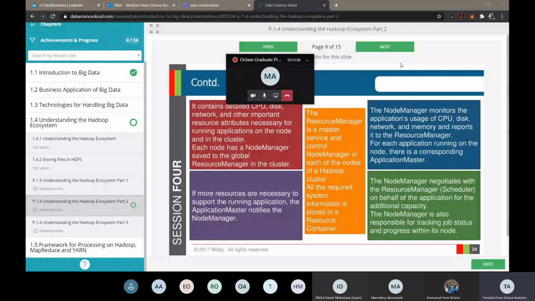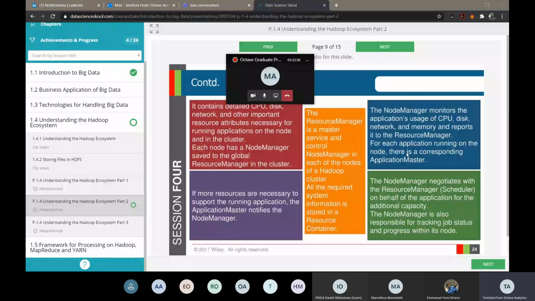So I want to see the node manager monitors the application usage of CPU, disk, network, and reports it to the resource manager. So it's the resource manager that does the, let's say, global resource management in the YARN. Then another thing you need to know is, we said YARN performs two major services: global resource management and per application management. So the global resource management, what performs that operation is the resource manager, and that resource manager works